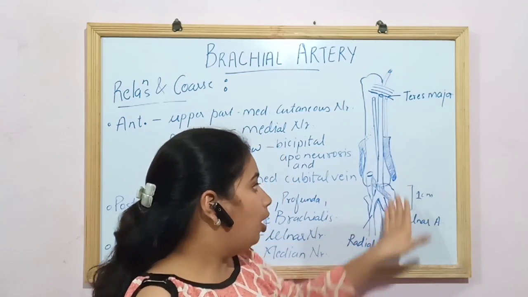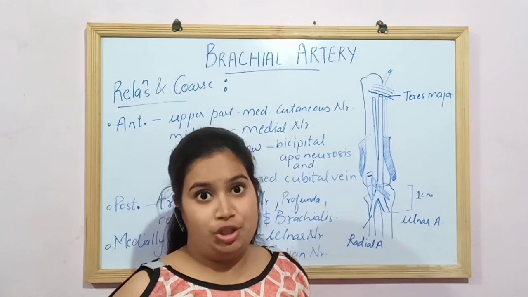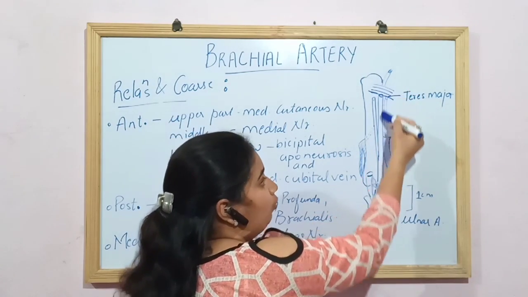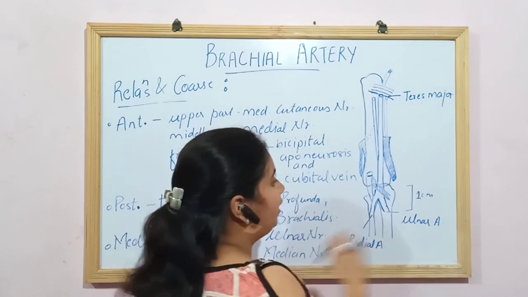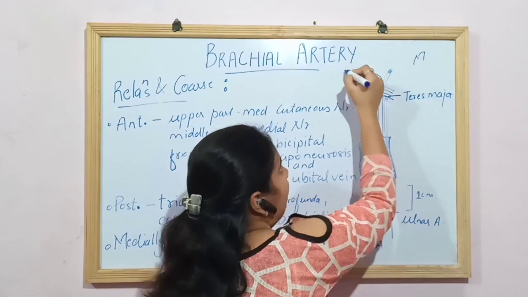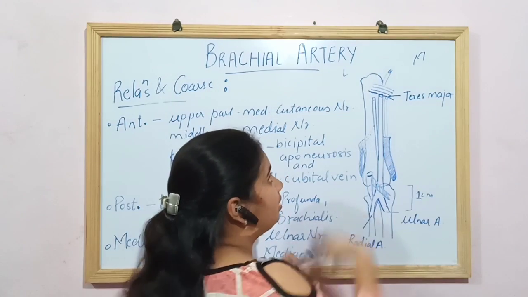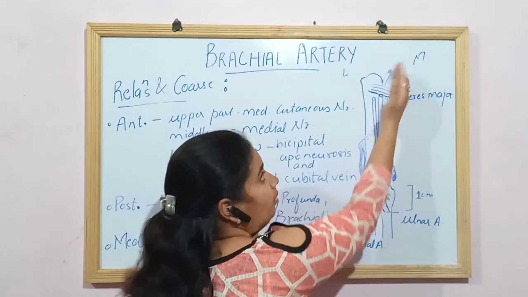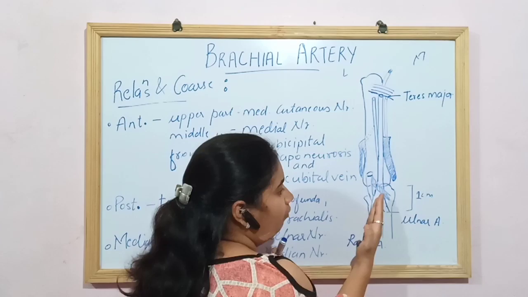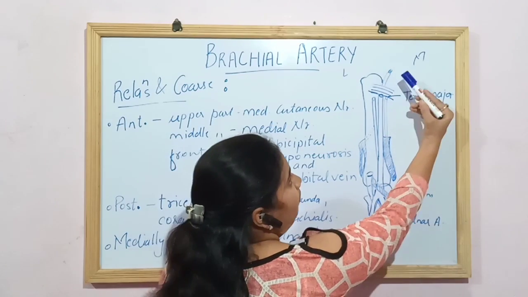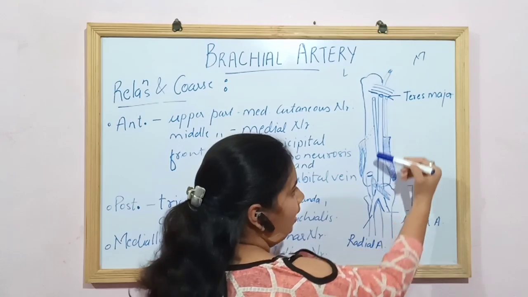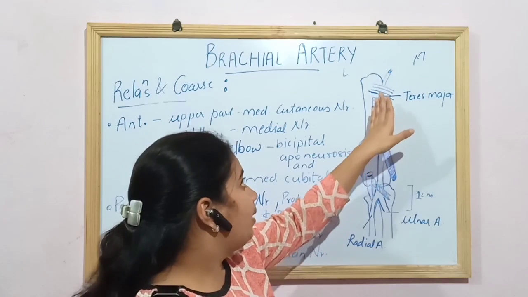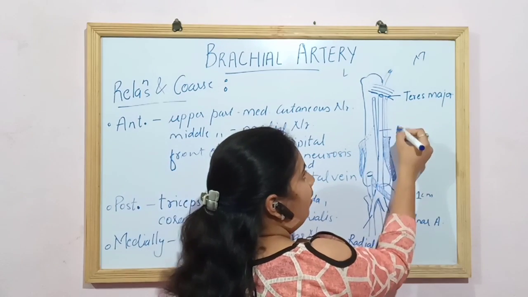Okay, so along the way, it is so superficial, and this brachial artery extends downward and laterally. See, this is your medial side and this one is your lateral side. So brachial artery is coming from the medial side downwards, and it's shifting laterally. From the medial side it is coming downward and laterally in front of the elbow and bifurcating into the two branches. So this one is your brachial artery.